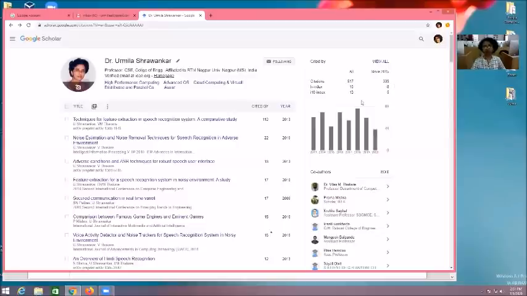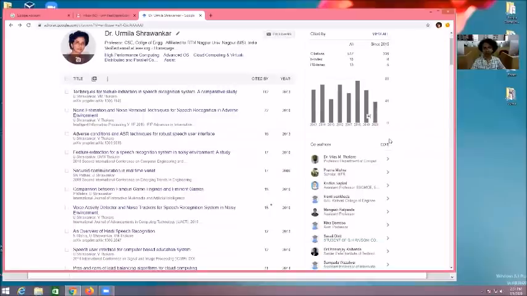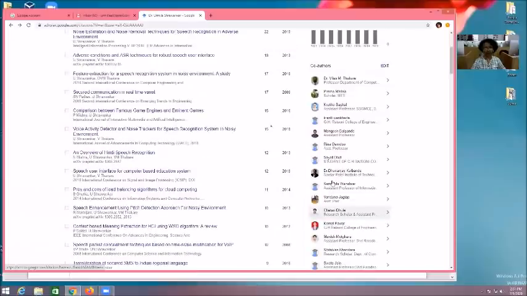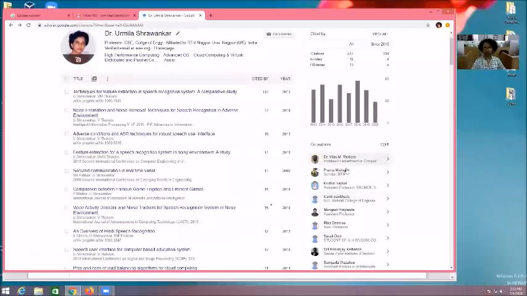Okay, now again an interesting feature. This is the list of my co-authors. Actually, many more co-authors are there, but they have not created their own Google profile. If you and your co-author both have a Google profile, then only the list will be available here. Now, I have done my PhD work under the guidance of Dr. V.M. Thackeray, and that's why Thackeray Sir's name is also over there, and this profile is listed in my profile.